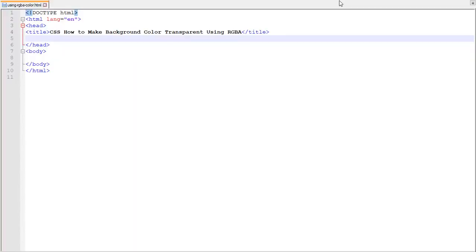Let's create a code example to add a background with transparent color using CSS. Start with the simple structure of HTML. This is the simple structure of HTML. Now add a div to add a background image to it.